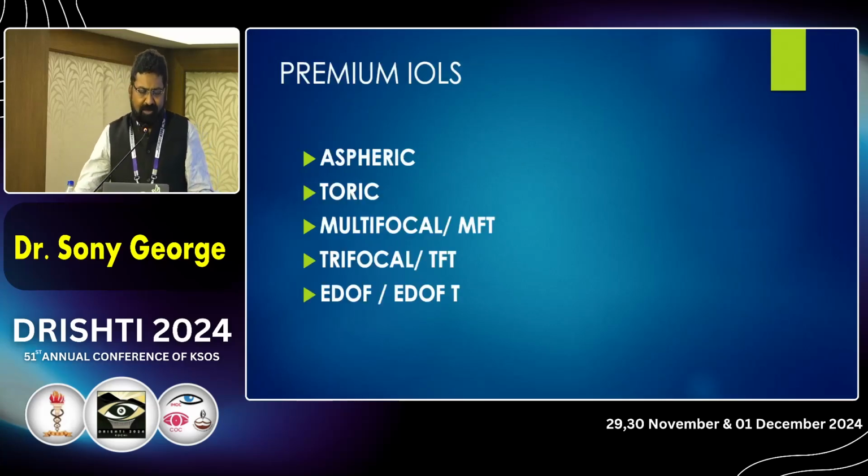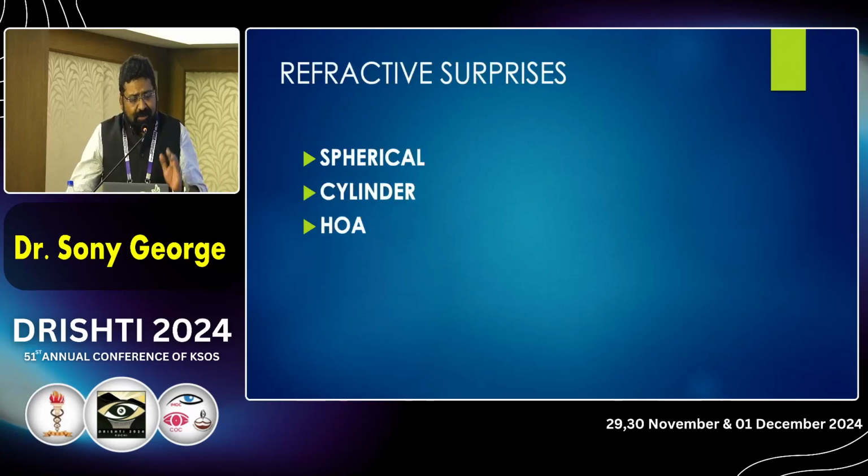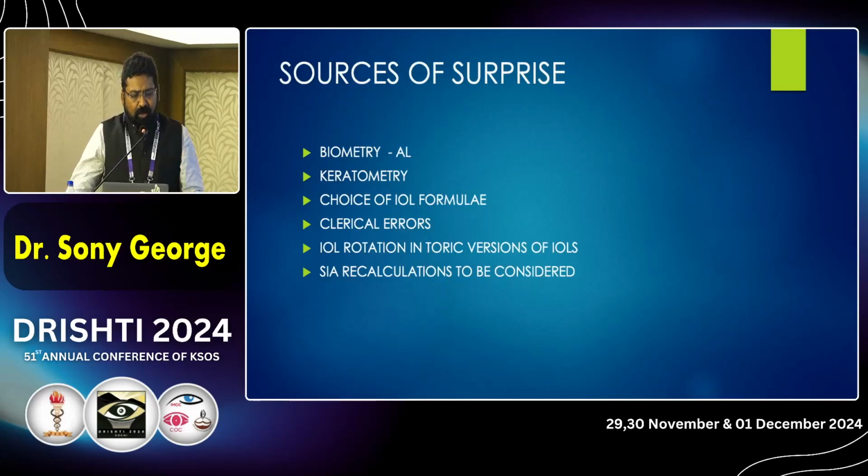Now we use premium IOLs like aspheric, toric, multifocals, etc. The refractive surprises are mainly spherical refractive surprises, and cylinders, in which during biometry a cylinder was overlooked, or in a toric IOL where again the calculation was wrong, or there was intraoperative or postoperative rotation, and higher order aberrations. So the main sources of surprise are, first, the biometry, the axial length calculation,